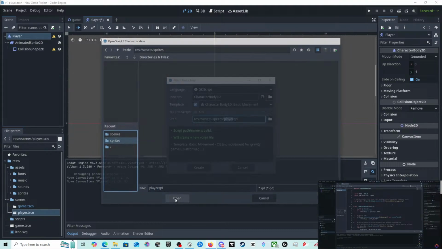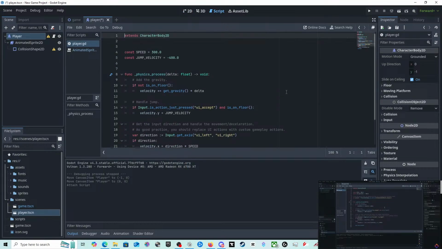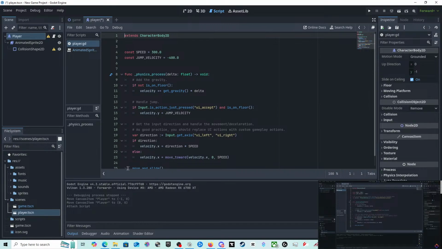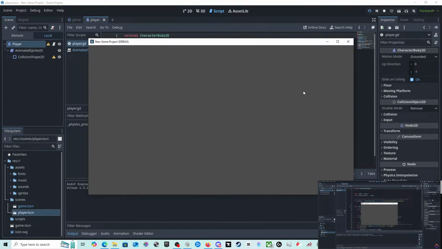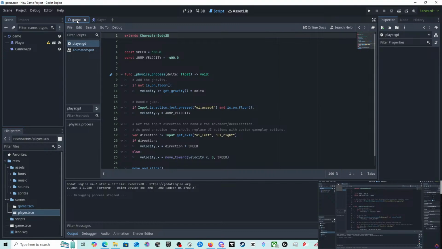And as you can see, this creates a script that will move around our character. I know that this might look really confusing at first, but don't worry, we'll have a look at what all this means later. For now, let's just try playing. And our player immediately falls off the screen. That's because we need to give him a collider to stand on. Right now, our player has a collider, but it doesn't have anything to collide with.